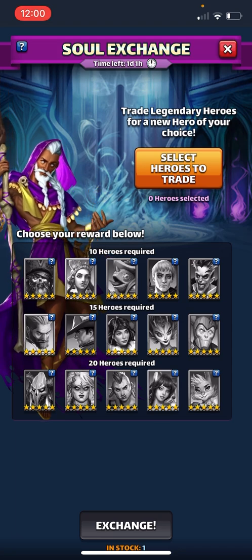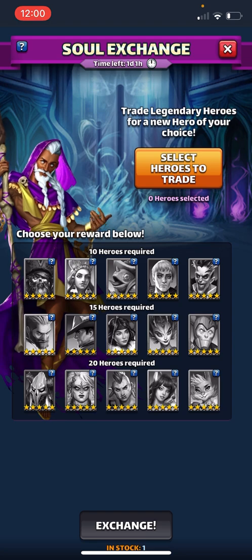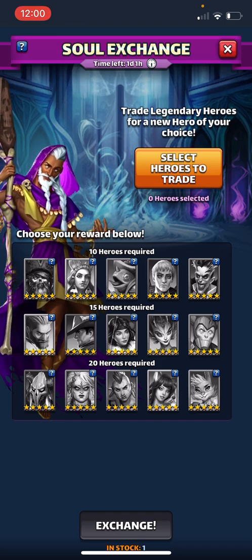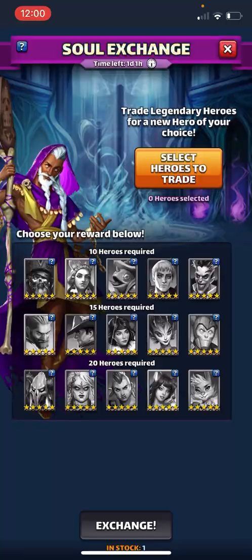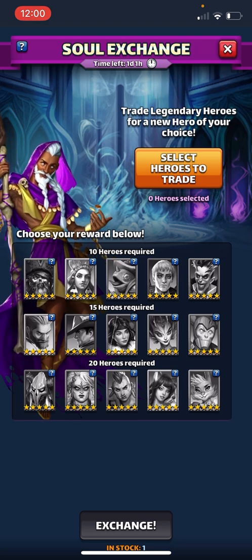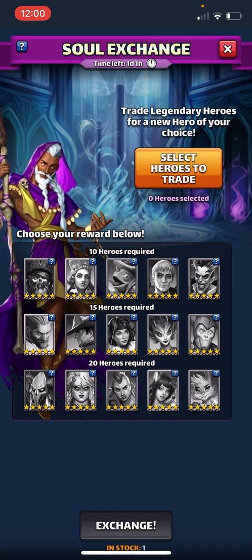So who to actually trade for? Of course, they put the best heroes at 20 that you have to trade in for, like a Gravemaker, Scotty, or Garjamal, or Inari, or Killhair here. So, lots of good heroes at the top tier, but you have to trade in a ton too. I'd say, the best value might actually be in the 15 heroes required spot because,